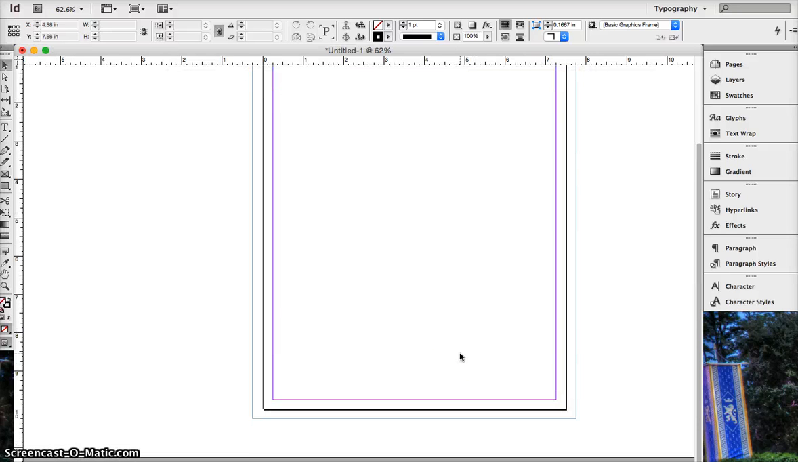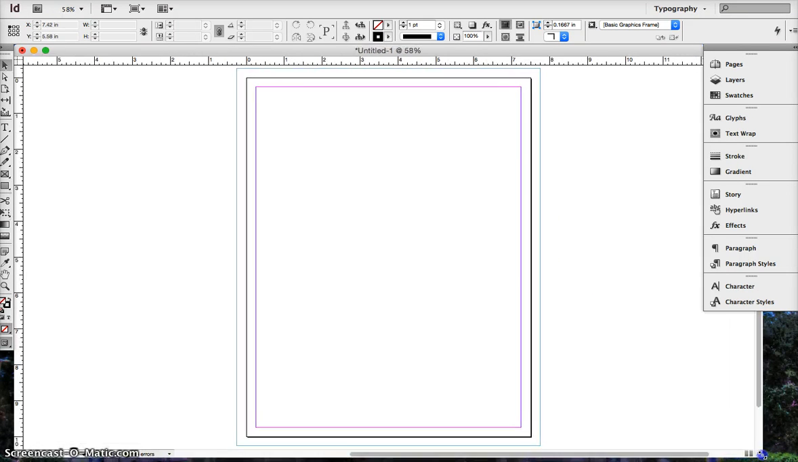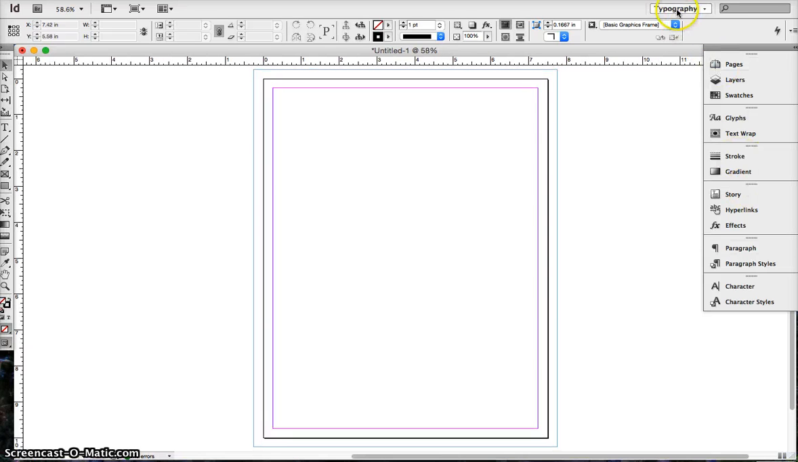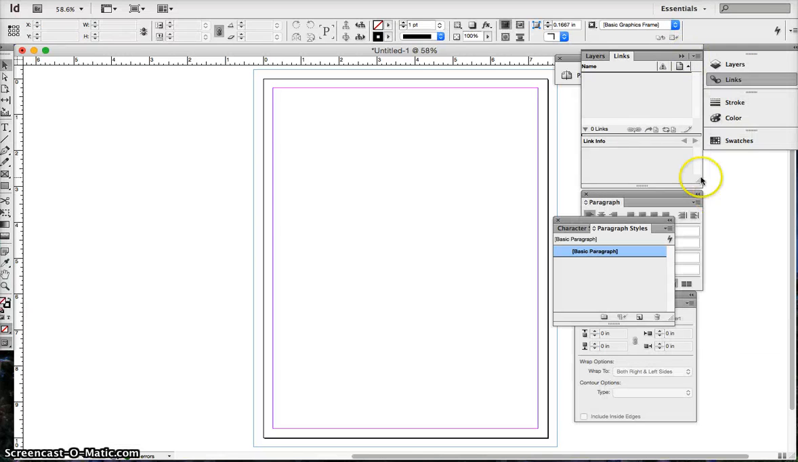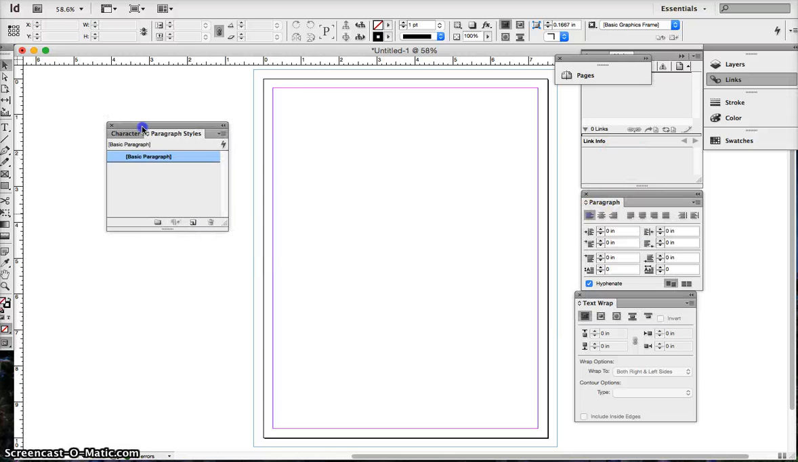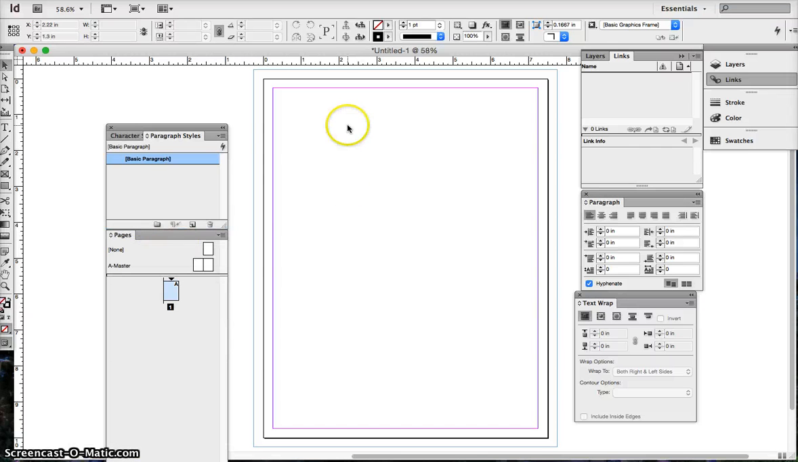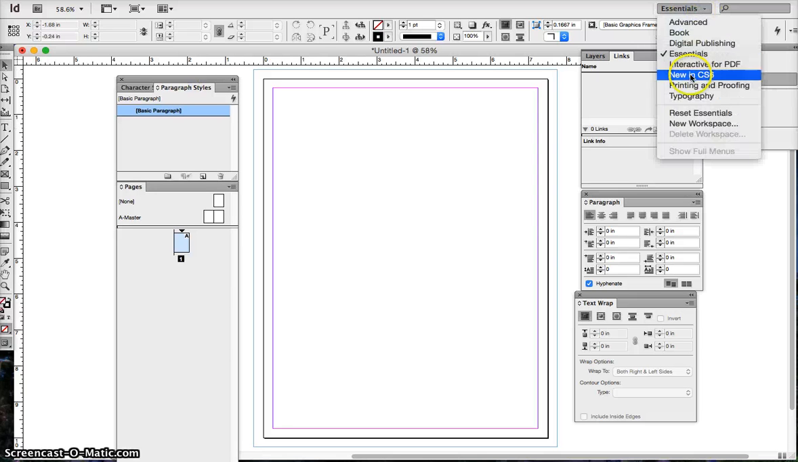So a little bit of a crash course here. You can change the view. I typically will use typography, however, essentials. You can tell that I have been playing with it because I do have some of my panels pulled out. You can definitely move panels around and things like that. If I reset my essentials,